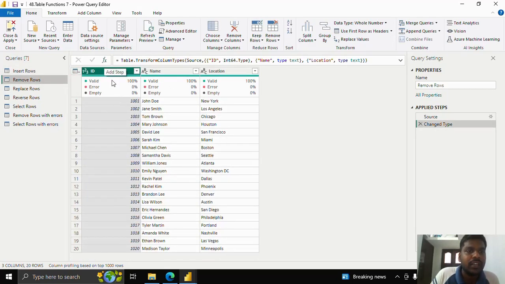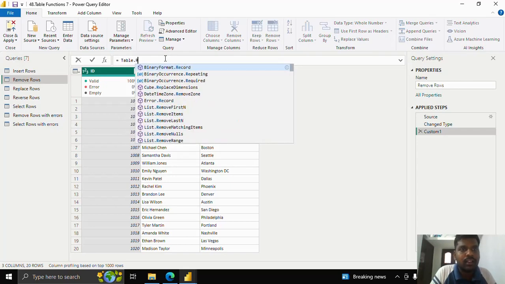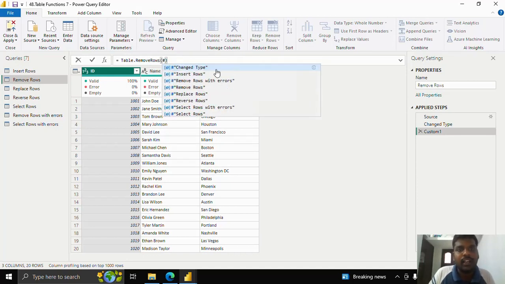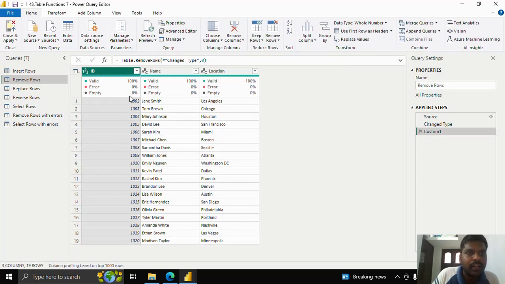I'll add a new step. Okay, this is another query. I'll add a new step. I'll type Table.RemoveRows. I'll open the parenthesis. Here in the table, I'll provide #"Changed Type" because it is our previous step. In the offset number, suppose that I want to delete from 0. Okay, I'll provide 0, and then if I click here you could see that by default it will remove the